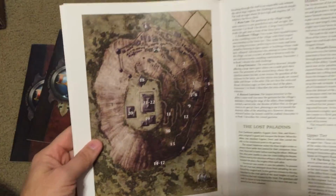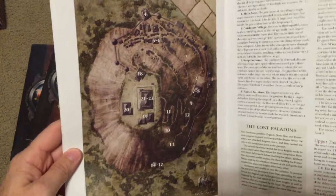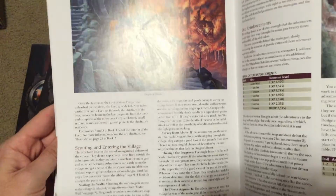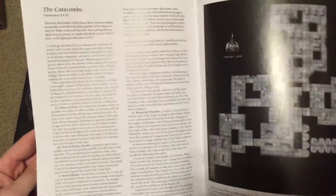There it is. I love the cartography, modern cartography in these dungeons. Paizo does it great. That looks pretty good. It's full of some nice stuff. There's a dungeon that you crawl through. Another dungeon, and probably some of these, like